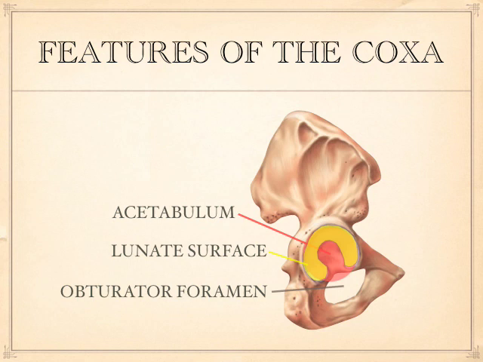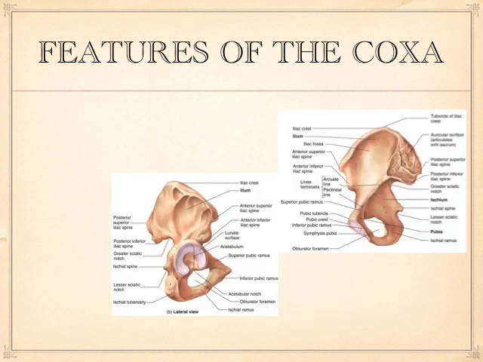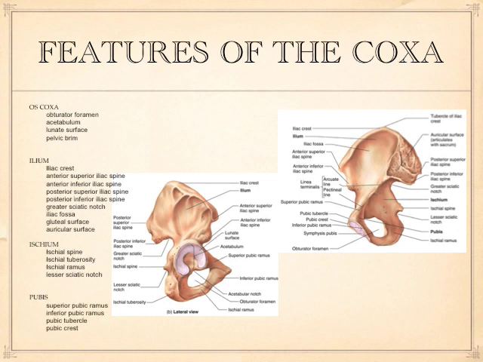So those are the holistic parts of this. Now from here, what you're going to do then is take pictures like this or whatever, and you're going to locate the various features of the ilium. Locate the 4 features of the ischium. Locate the 4 features of the coxa. Okay? So what I'm going to do is turn you loose with that and have you work on that in your groups. Just before